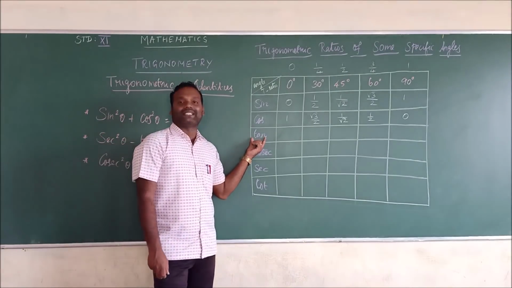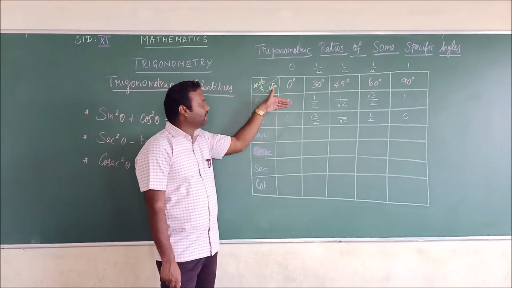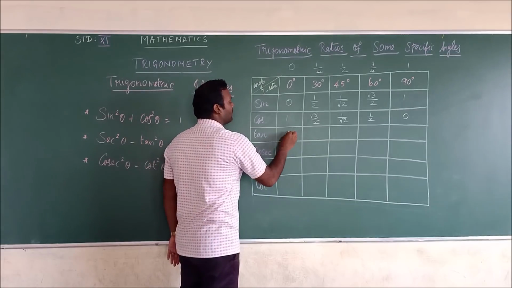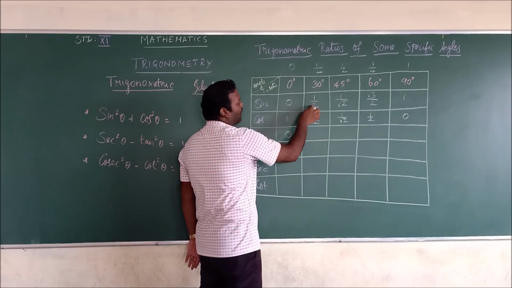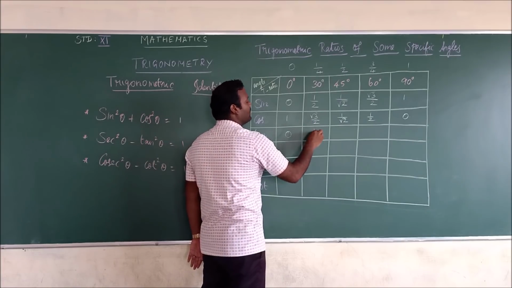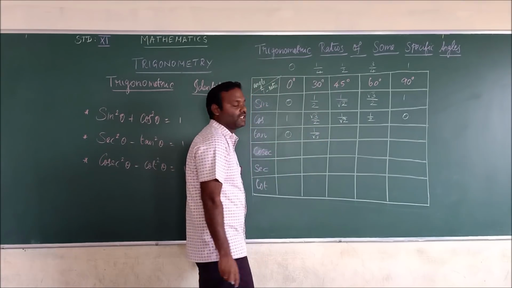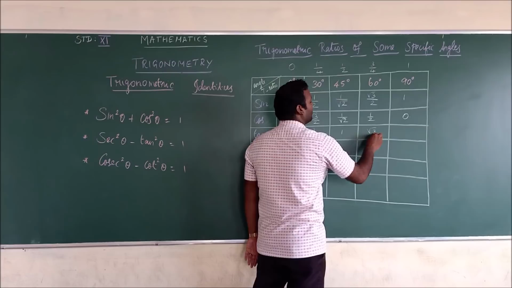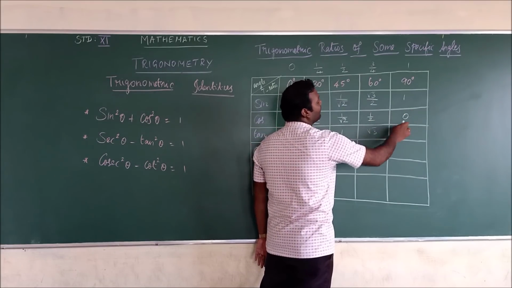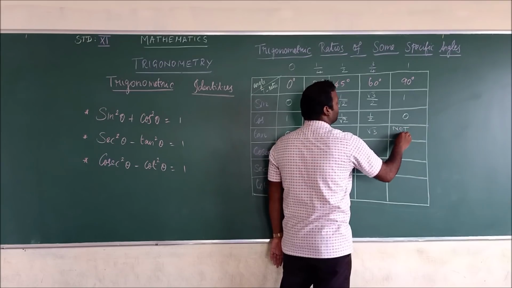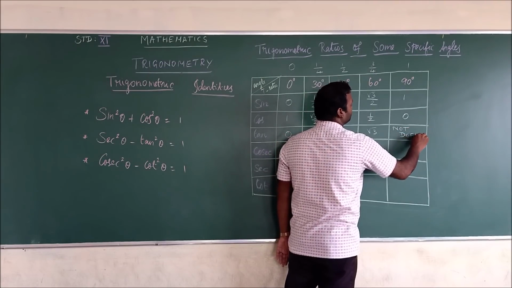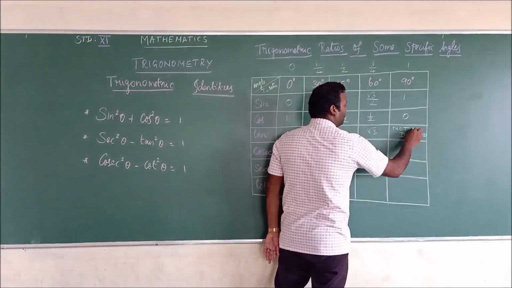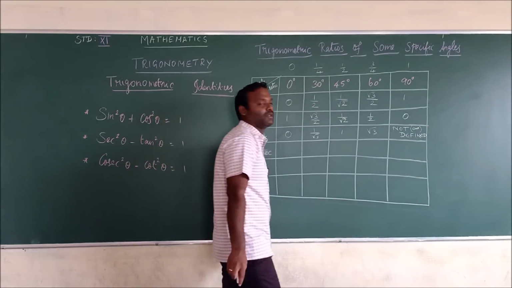When you come back to fill tan theta, we know that tan theta is sin theta divided by cos theta. So you can divide 1 by 1. 0 by 1 is 0. When you are dividing 1 by 2 divided by root 3 by 2, you will get 1 by root 3. When you are dividing 1 by root 2 and 1 by root 2, it is 1. When you are dividing this, you will get root 3. 1 by 0 is infinity. So that is why we define the word not defined. So it is not defined. Okay. So we can make use of the symbolic notation also, the not defined symbol also we can use.